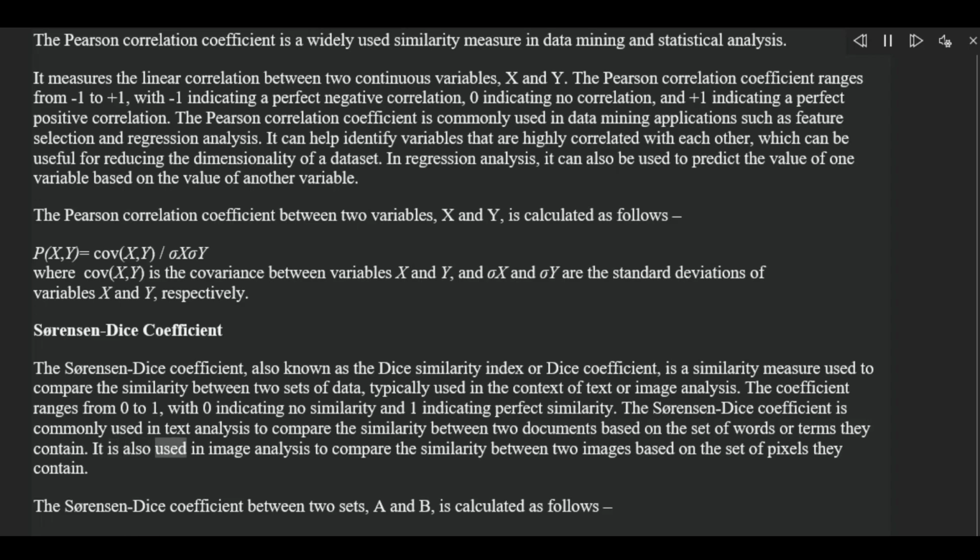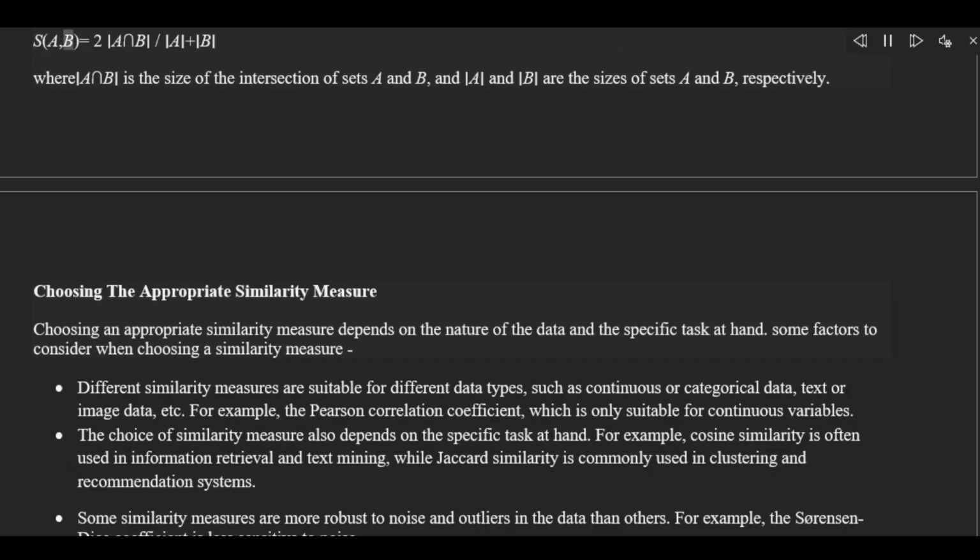It is also used in image analysis to compare the similarity between two images based on the set of pixels they contain. The Sorensen-Dice coefficient between two sets, A and B, is calculated as follows. S(A,B) equals the size of the intersection of A and B, divided by the size of A plus the size of B, where the intersection of A and B is the size of the intersection of sets A and B, and A and B are the sizes of sets A and B,